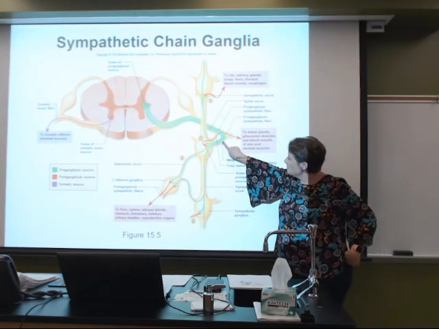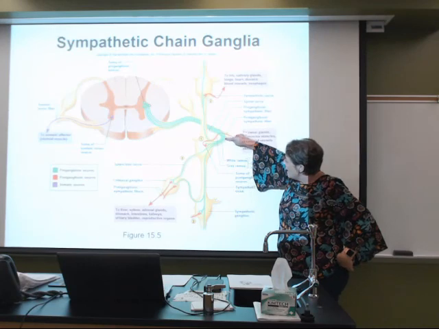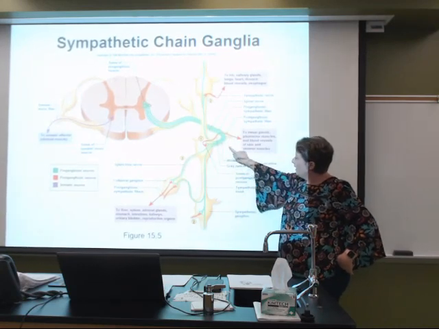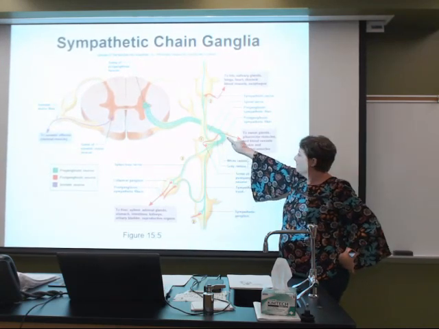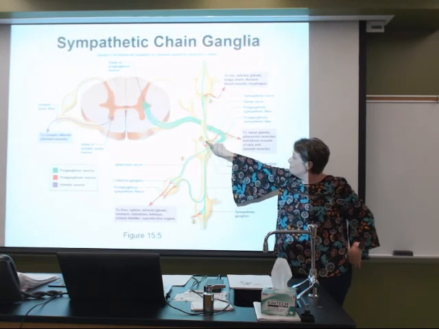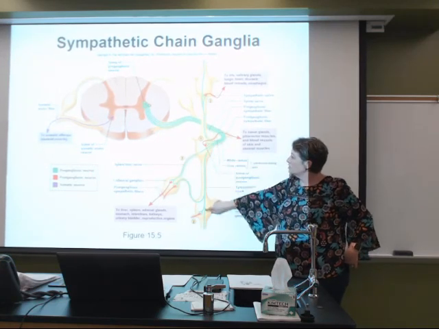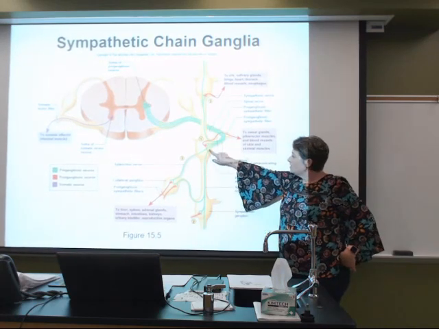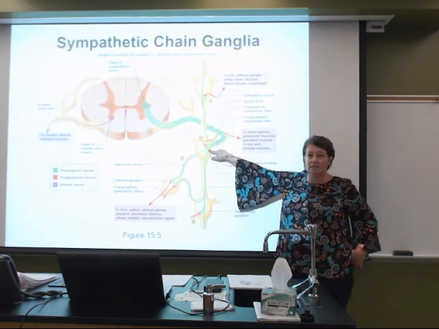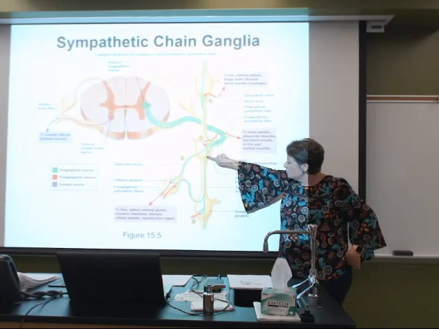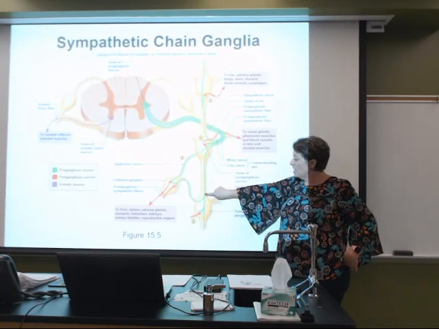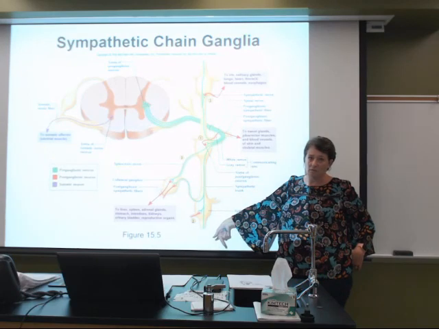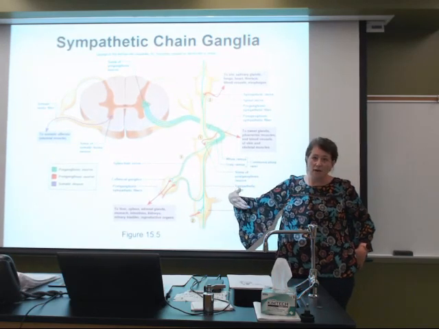So, if I'm following this first fiber, I'm moving by way of this white rami, and I'm making my way to the chain ganglion. It's showing that for this fiber, I'm going to travel, moving down, because the fibers can either go up